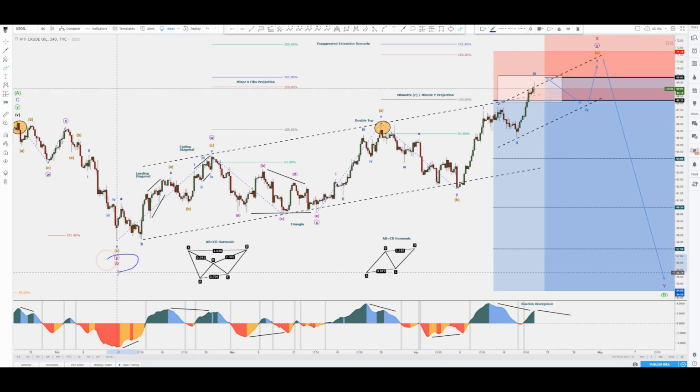The reason why I'm labeling this as a W minor and not as an A is because of the way this develops. So we have a three-wave move. We don't have an entire correction right here, so hence the reason why this false move, a temporary interruption, is typically for a wave X. Then we have A, B, 1, 2, 3, 4, 5, and then we're going to the upside. So we have a leading diagonal right here, as you can actually see it. So A, B, and then an ending diagonal right there. So we have three waves on the upside. So A, B, C,